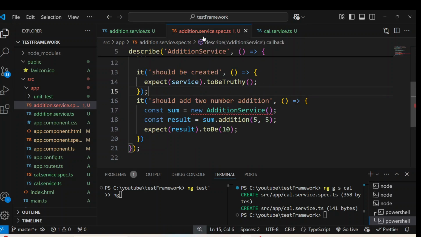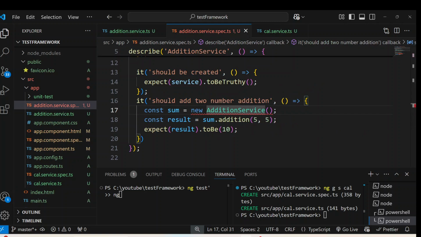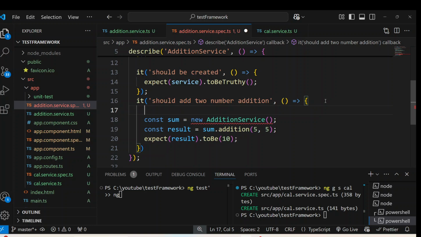Okay, here let's see. Before it was working fine, but now this one is giving us an error because there is some dependency over here, because we are adding another function that this one is calling. So this one is expecting some dependency, so let's add that one. What we can do is create an instance for that service over here. Let's say